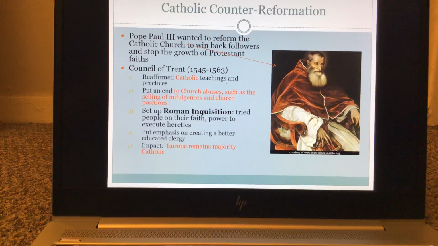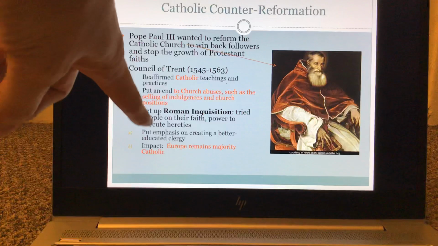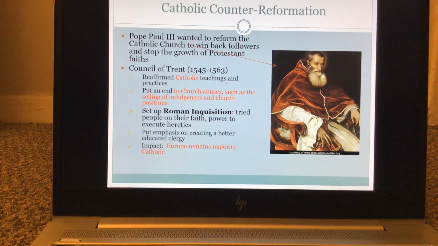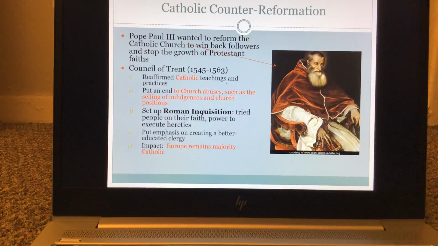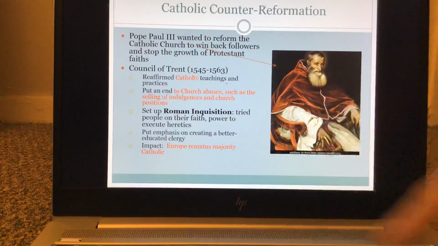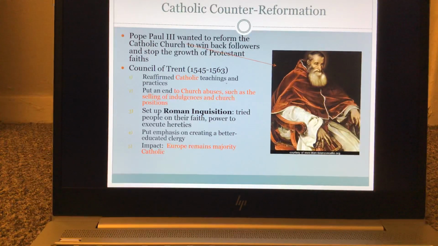They set up an inquisition, which they basically put people on trial. It really wasn't the greatest thing, because if you're considered a heretic, you were burned at the stake, as you know. That's what happened to heretics. And they really wanted a more educated clergy, right? We saw the clergy, especially when we saw that video of Luther in Rome, right? They were not being very religious, were they, right? So the impact this has is that, because they had the Counter-Reformation, this is what allows Catholicism to be the majority